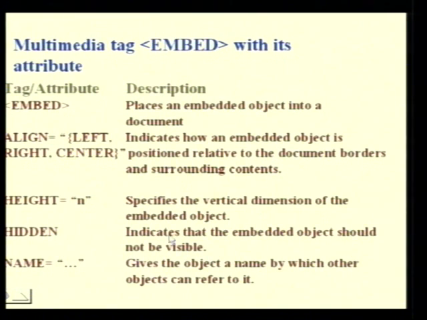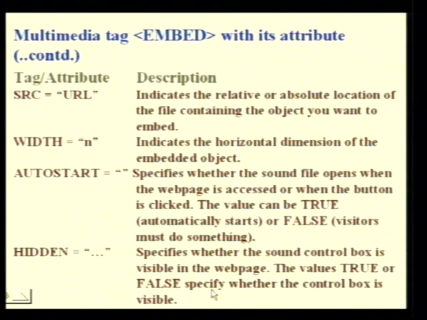Hidden indicates that the embedded object should not be visible. If you specify the hidden attribute within the embed tag, this indicates that the object is hidden, not visible on the browser. Name is equal to some name, gives the object a name by which other objects can refer to it. You specify another attribute called src is equal to some website address, that is URL, which indicates the relative or absolute location of the file containing the object you want to